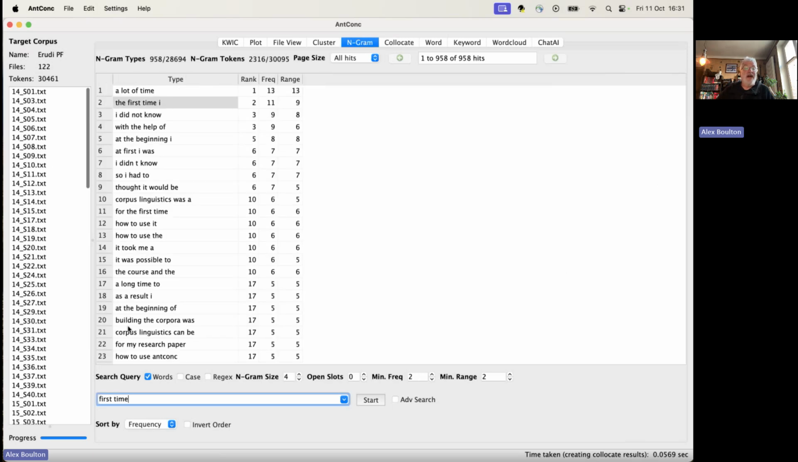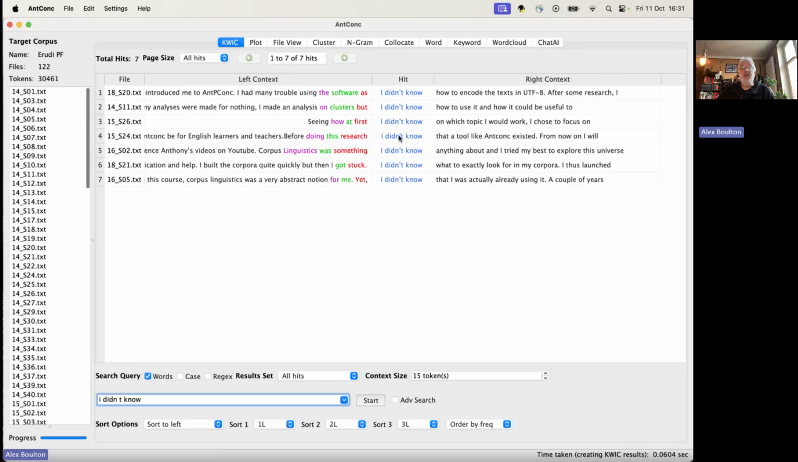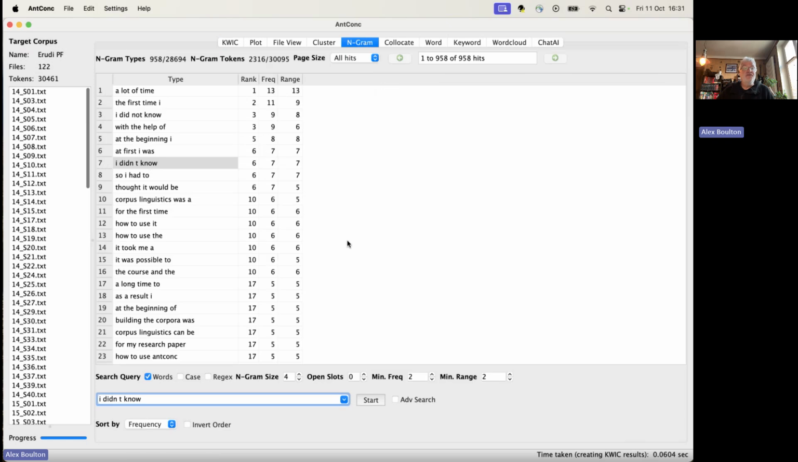N-grams, right. So these are 4-grams, groups of 4 words. You can look at them. It can give you an idea. As I say, if you click on one, you can see the occurrences in context. We've got just under 1,000, so 958 4-grams. If we go to 5-grams,